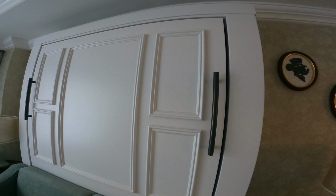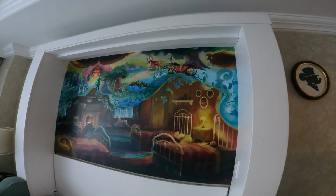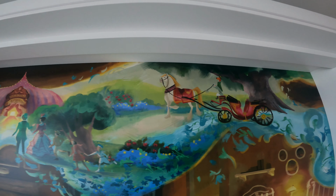But it is the other Murphy bed that is the brand new addition to the rooms and is the first reference that we can find to Mary Poppins Returns found anywhere in the Walt Disney World Resort. On this Murphy bed, guests can find on the back wall different segments from the scene, The Place Where Lost